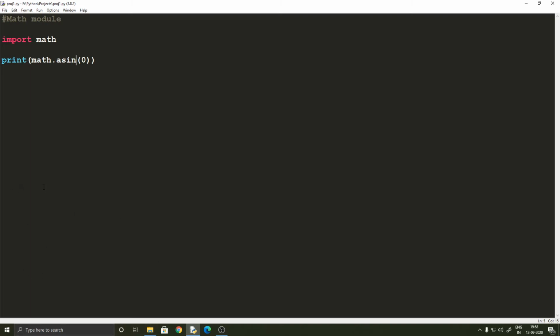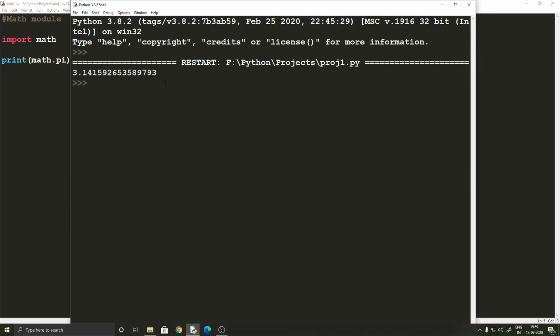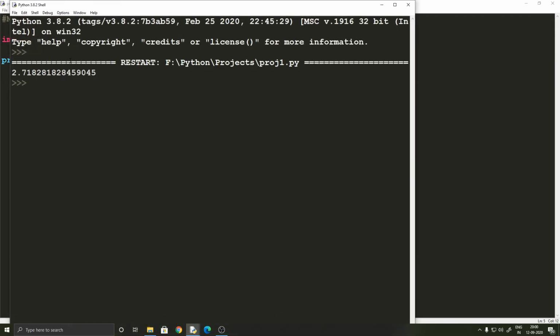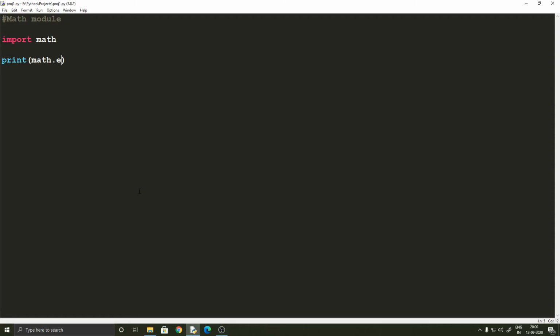So the first constant that we will be looking at is the value of pi. All you have to do is to write math.pi, and this would print the value of pi. So this is the value of pi up to the 15th decimal place. And there is also this constant called the Euler's constant that is usually represented by e, and even in Python it can be accessed using e. So this is the value of the Euler's constant, that is 2.71828, and so on. And I'm sure there are a lot of other constants over here, but these are the most important ones I'm